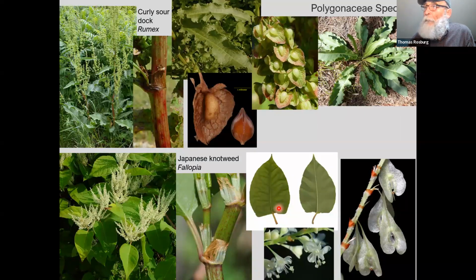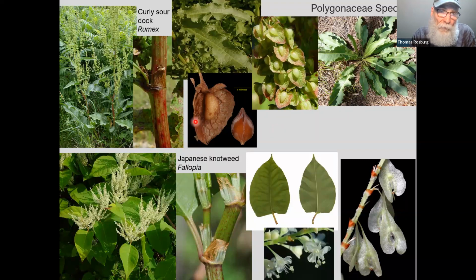Now let's go on to a couple of species in the Polygonaceae. The worst one here certainly is the bottom one here, Japanese knotweed. It's terribly bad. This one up here, curly sourdock, can be pretty invasive in some places, especially in damp soil. Well, they're both in the Polygonaceae, of course, and one of the things that unites them, in a sense, is that they both have a structure called an ochrea,